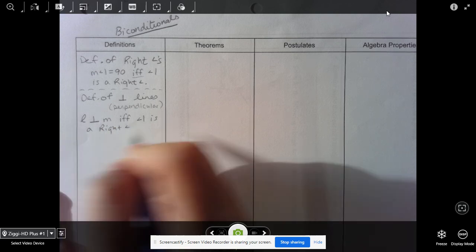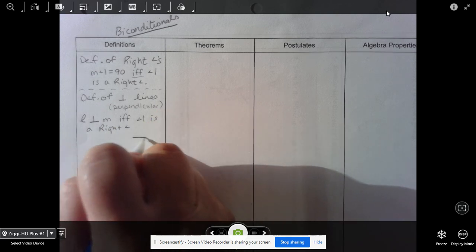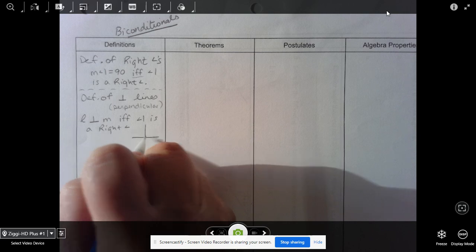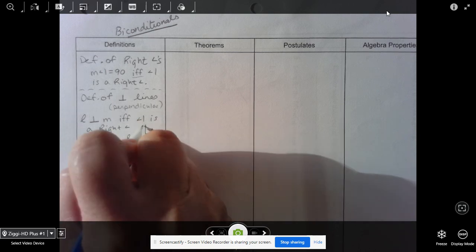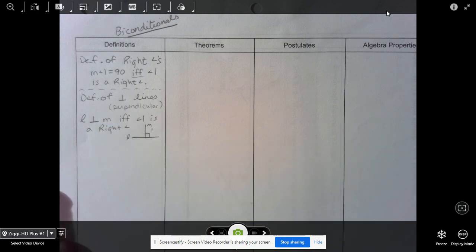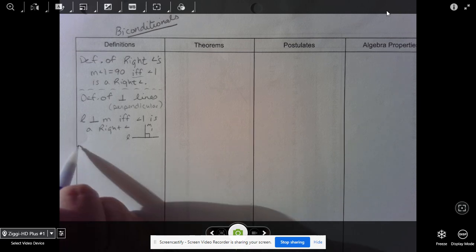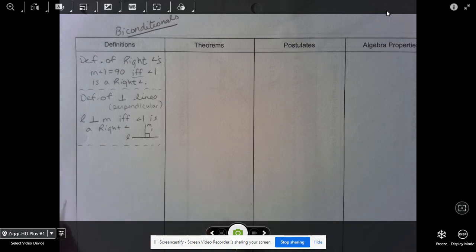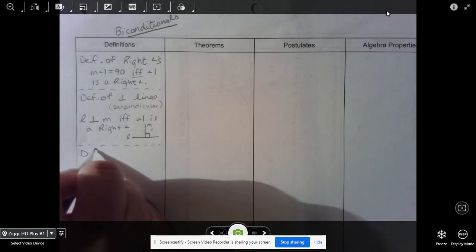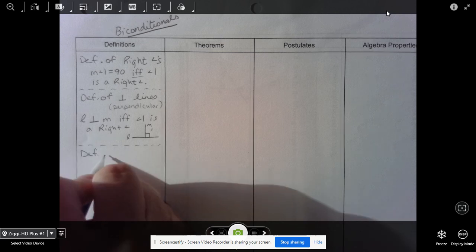Now, the best is if you actually have a diagram that goes with this, and you can see this. This right angle here is 1. One of these lines is an L, and one of those lines is an M. So given that particular picture, that's what that means. Okay, there are two other definitions we're going to add to this. One of these is going to come up right away today. Definition of